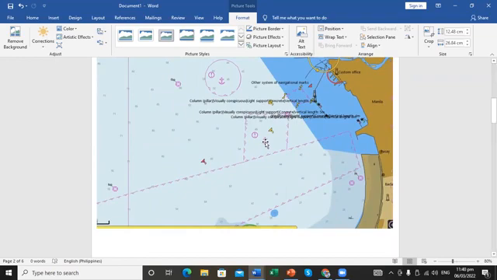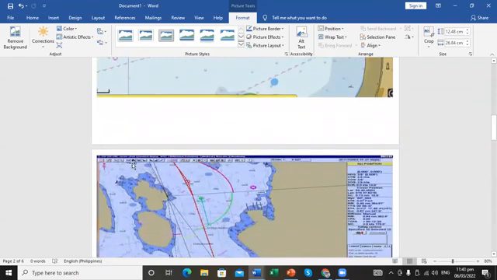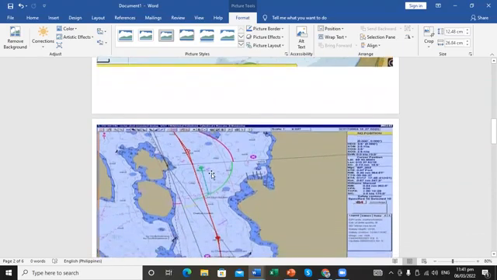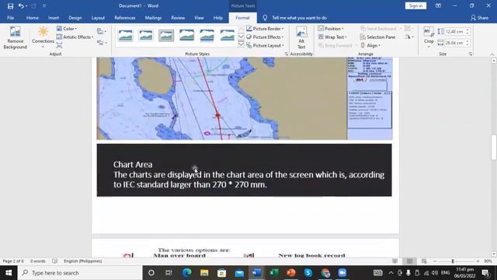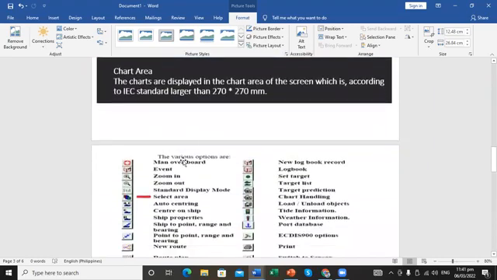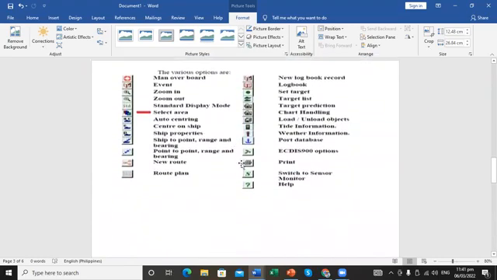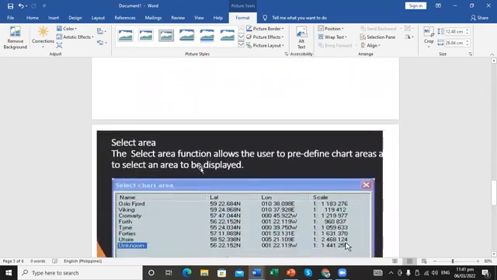How will you select the chart? First, click the select chart button. This is the select chart button. Then the chart area is displayed on the screen, which according to the IEC standard is larger than 270 by 270 millimeters. You will click this icon, select area, and a submenu will pop out.